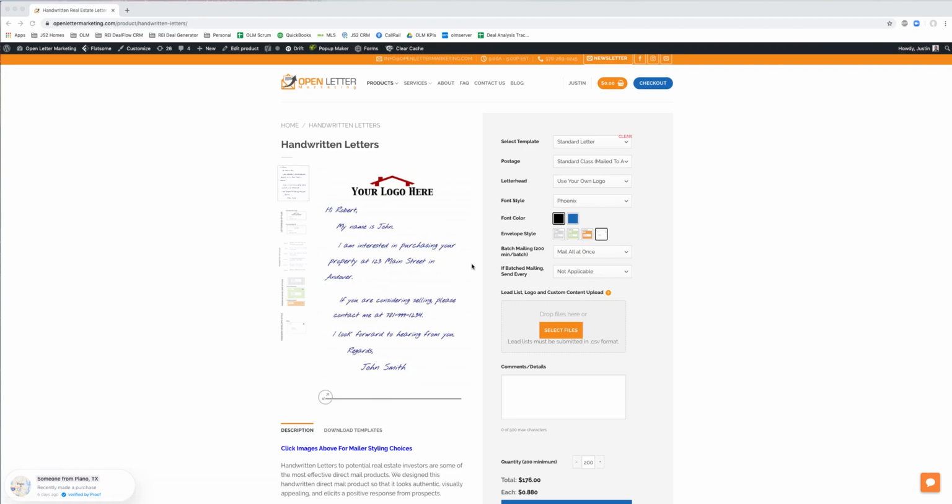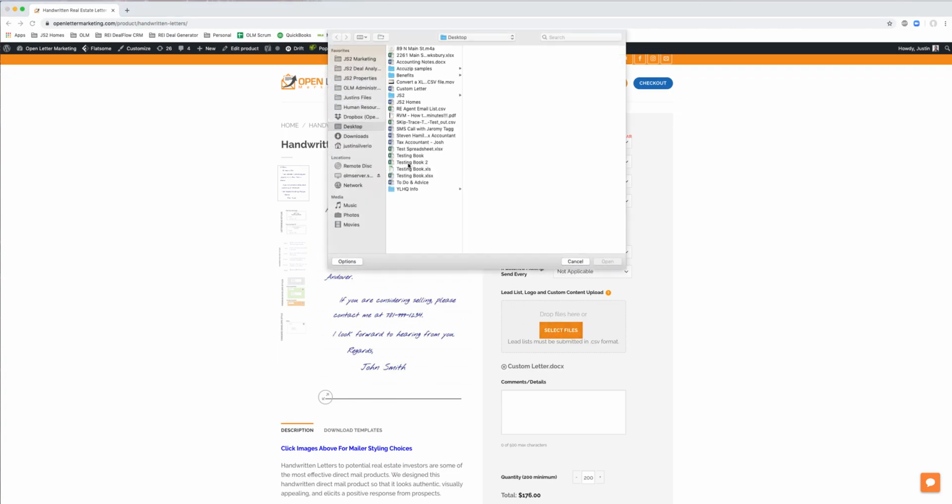Our new Easy Upload field is going to give you the ability to upload multiple files all in one place. So if you have a custom letter that you want to use, you can simply click on it and drag it in, and it will automatically upload. You can also just click on Select Files and select your